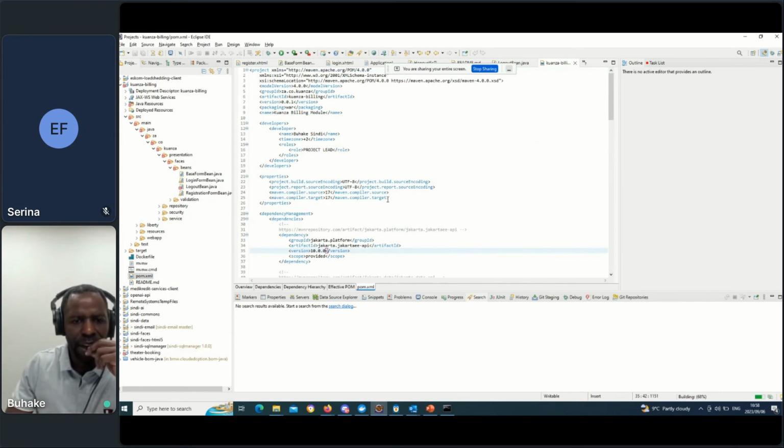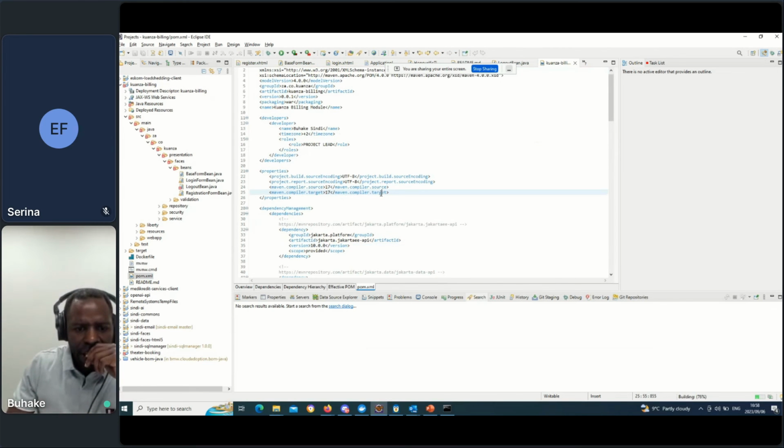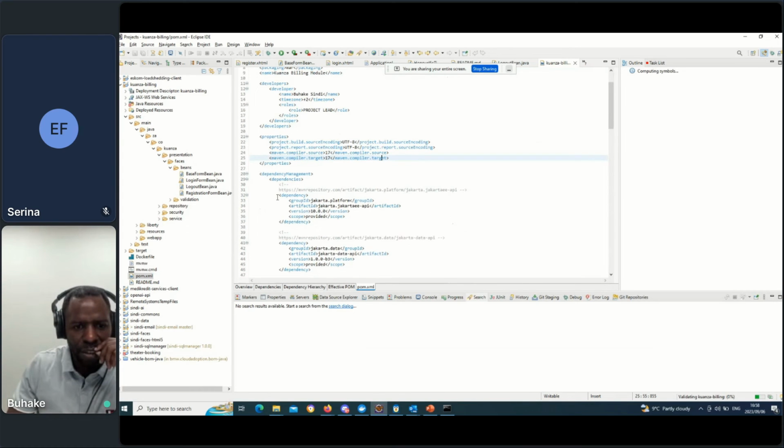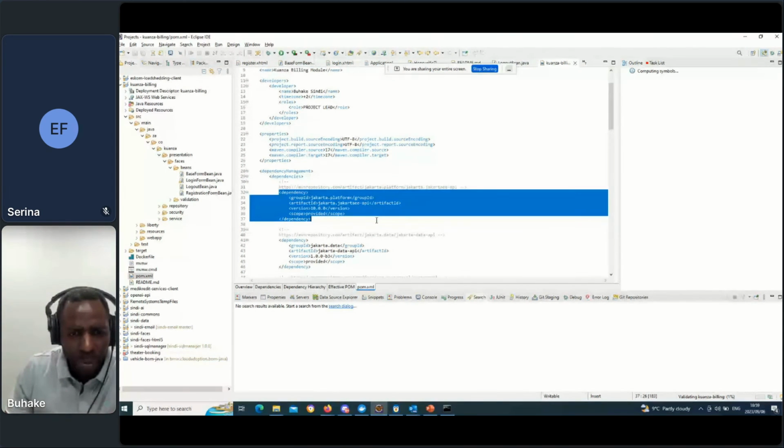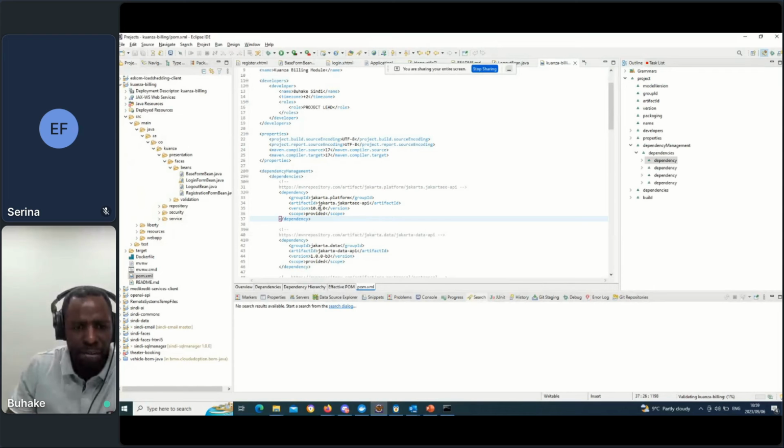This application runs Jakarta EE 10, which, as I said before, is scope provided.